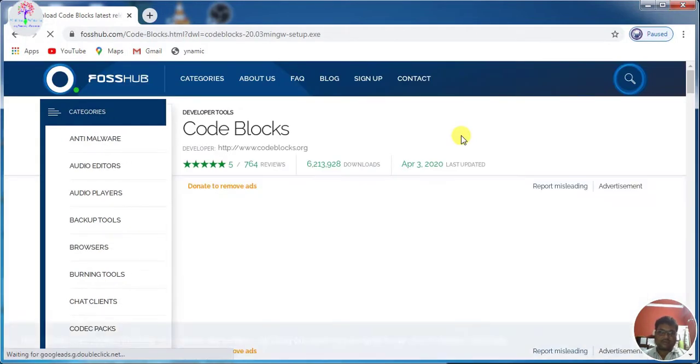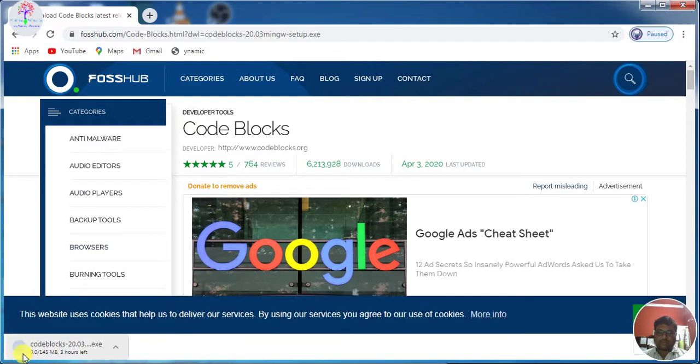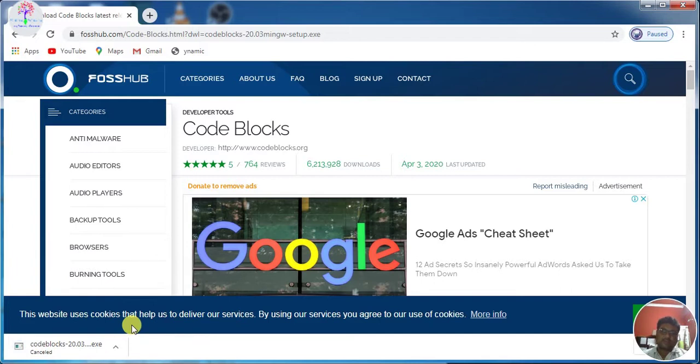When you click on it, you will see at the left bottom corner that the download will occur, but I have already downloaded it, so I will cancel it here. Once the exe file is downloaded, you can install it. In between the installation, it might ask for a compiler, so just select the GCC compiler and next, and it will be finished. Okay, it will be downloaded and installed. So this part is over.